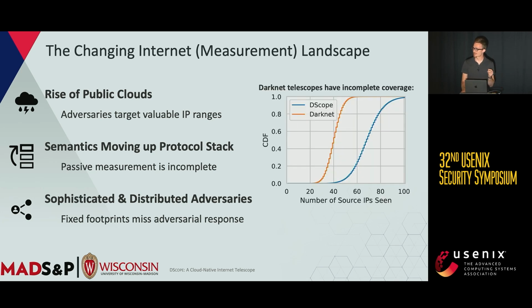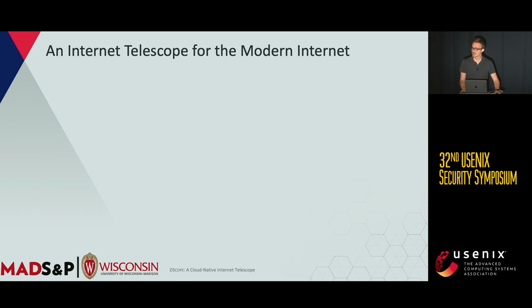Indeed, these changes are not simply hypothetical. Our characterization of DScope that I'll be discussing, a telescope that is designed to work around these limitations, shows that DScope receives substantially higher coverage owing to its deployment. And so, in response to these structural changes, we set out to build an internet telescope for the modern internet,